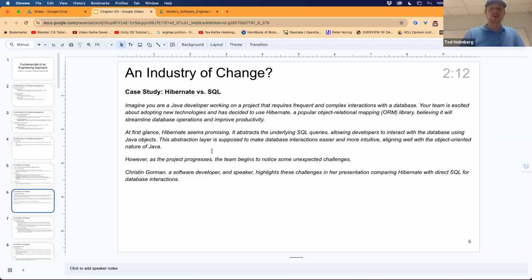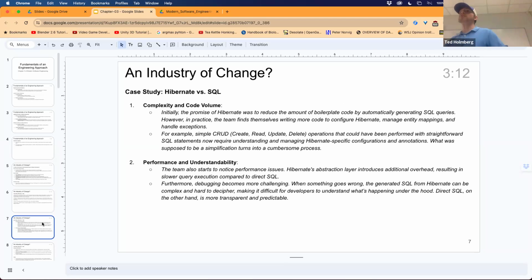However, as the project progresses, the team begins to notice some unexpected challenges. And so Kristen Gorman, a software developer and speaker, highlights these challenges in her presentation comparing Hibernate with direct SQL for database interactions. What her team had discovered is that, first, while using Hibernate, there was a complexity and code volume problem over just using basic SQL. Initially, the promise of Hibernate was to reduce the amount of boilerplate code by automatically generating SQL queries. However, in practice, the team found themselves writing more code in order to configure Hibernate and manage its entity mappings